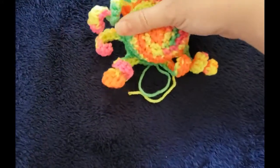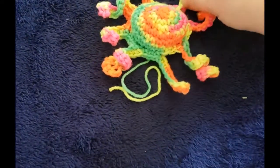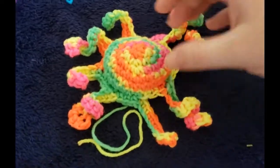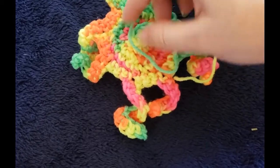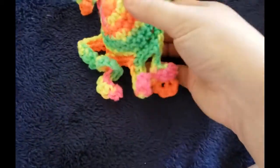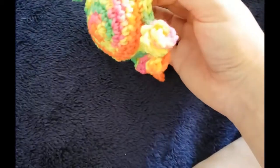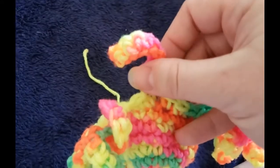So I'll have a pattern that I made a couple years ago, and then I've been going through them and either altering or improving on them. So this one was only supposed to have, I think, 6 legs, and it was supposed to be a separate bottom, and then I had to sew the bottom on with the legs separately. And I'm like, well, why waste yarn when I can just do it all in one go? So I made sure to use the back loops only and front loops only trick in order to get a good